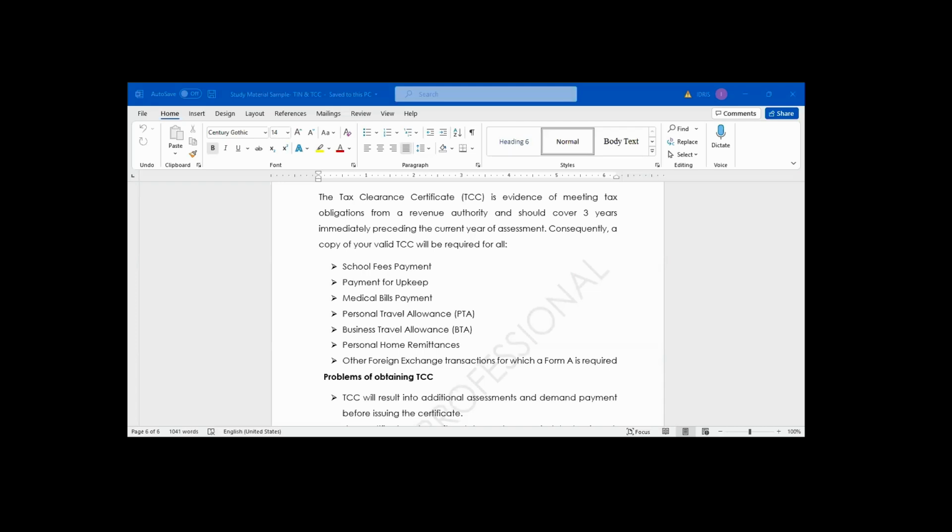We have another one called manual tax administration. Another cause of multiple taxation is that the tax administration we are using in Nigeria is manual. It is only recently that the tax authorities are trying to migrate to an automated tax system. So when you are using a manual tax administration system, there will not be a record of who has paid tax and who has not paid tax, and there will not be a record of what type of tax we need to pay and what type of tax we are not going to pay. So all these are the causes of multiple taxation.